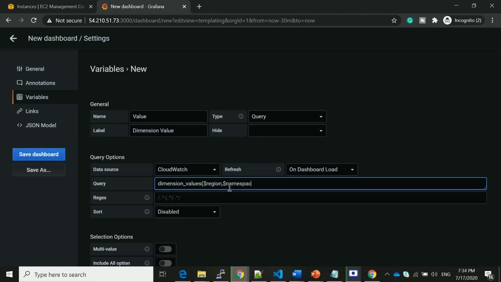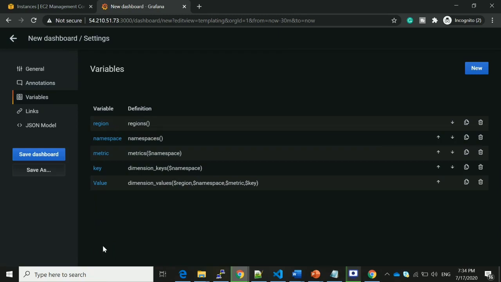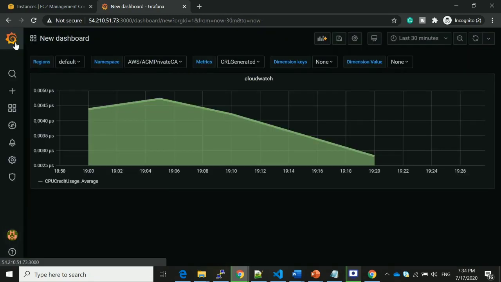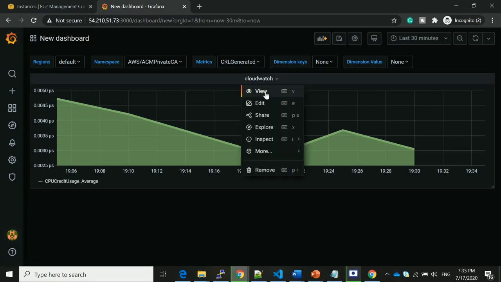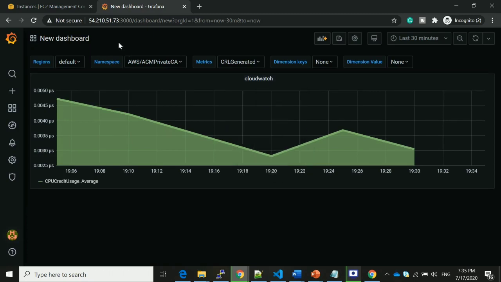Okay, so here I am providing all the four variables. Click on the add button. So if you observe here, we have created the 5 variables like region, namespaces, metrics, key and value variables. Okay, next click on the back button. If you observe here, you have got the dynamic options like region, namespace, metrics, dimension keys, right?